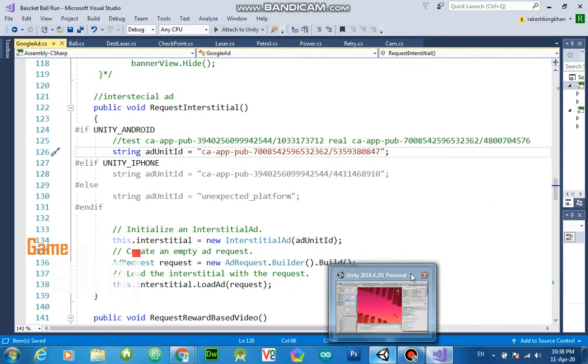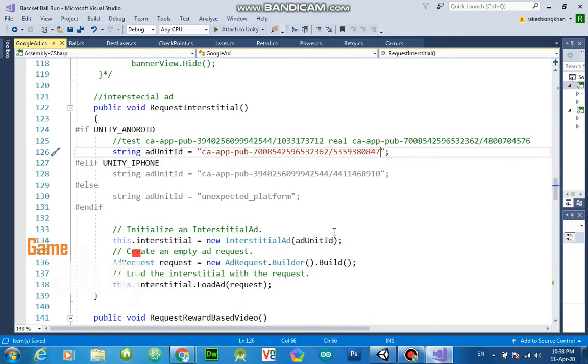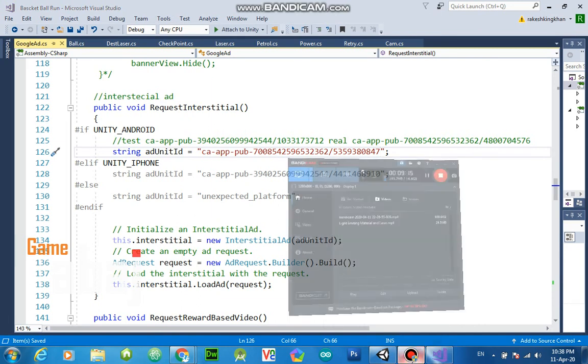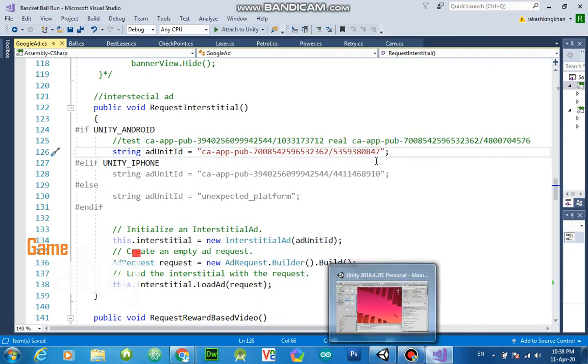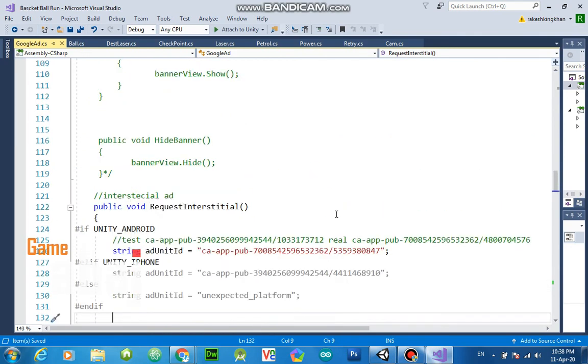Okay, and I will show you test ads for a minute, how test ads look. When your project is complete, this ID is the real ID, so for testing purposes we don't use this ID.